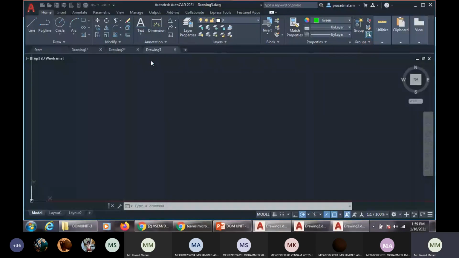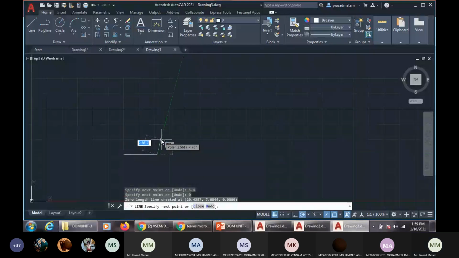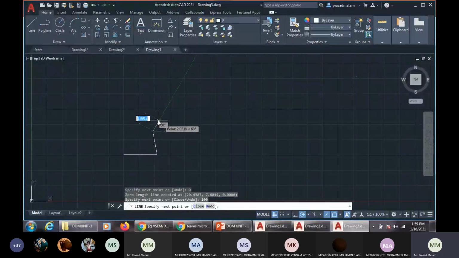So first, what am I doing? Draw a line of length 5.4 centimeters, making an angle of 0 degrees. Just I will proceed like this. 5.4 centimeters, make an angle of 0 degrees. Got it. From here, how much length? 3.8 centimeters. At what angle? Can anyone answer this? 100 degrees. Okay. Now I got these two points. From here, how can I draw? I don't know the length. Just let me stop here. Let me zoom it.